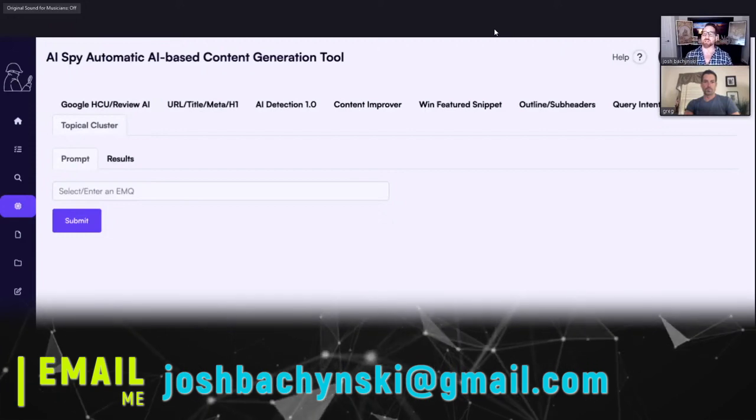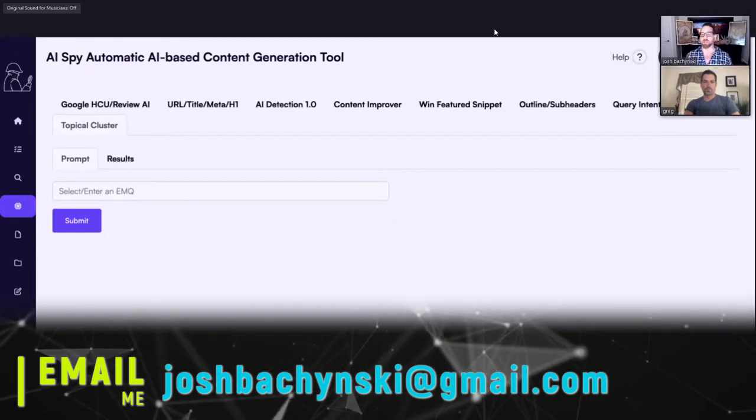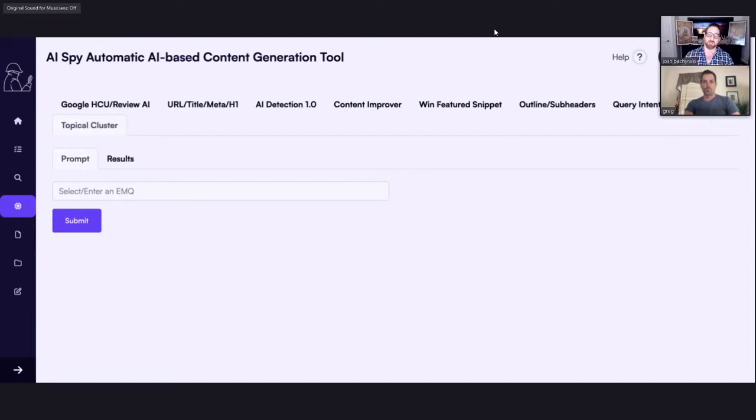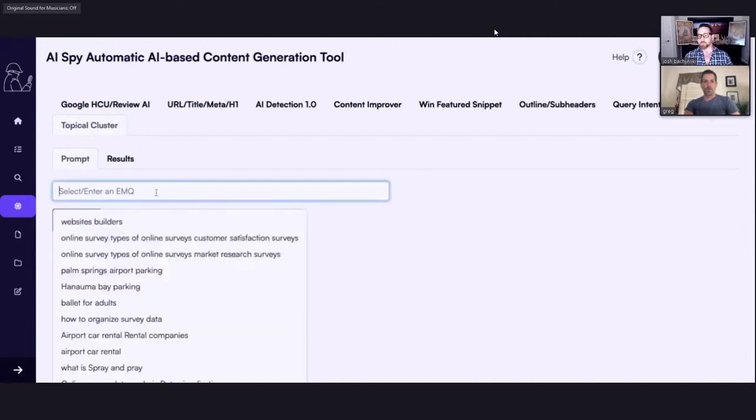But Greg, please show us how we would do then the informational topical cluster, and so how our AI builds you the proper knowledge graph topical cluster here. So our tool allows you to use some of the keyword reports that you already ran. It puts it in a little drop down, but you don't need to use that. We can just type in something.